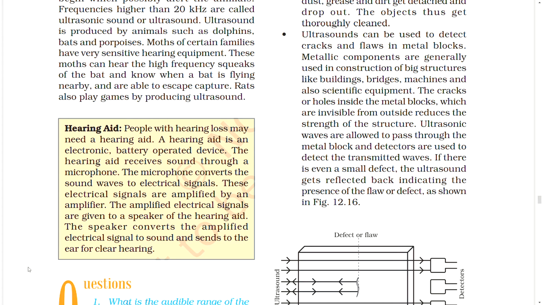Hearing aid. People with hearing loss may need a hearing aid. A hearing aid is an electronic battery operated device. The hearing aid receives sound through a microphone. The microphone converts the sound waves to electrical signals. These electrical signals are amplified by an amplifier. The amplified electrical signals are given to a speaker of the hearing aid. The speaker converts the amplified electrical signal to sound, and